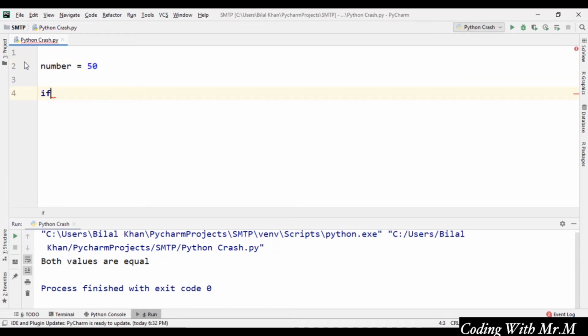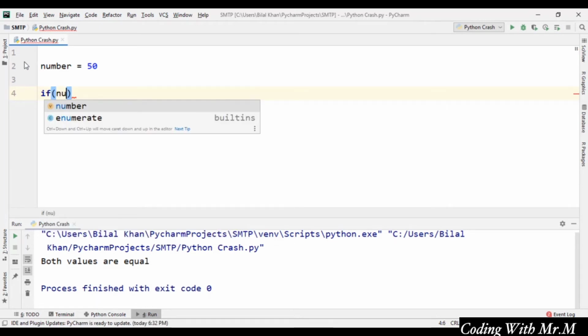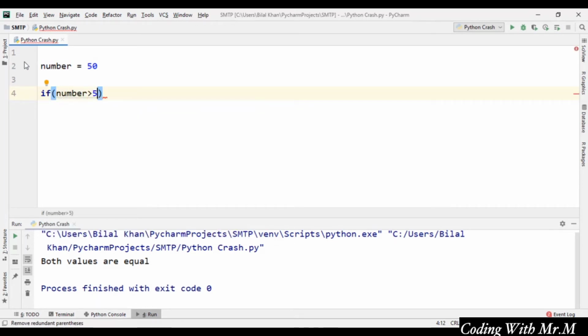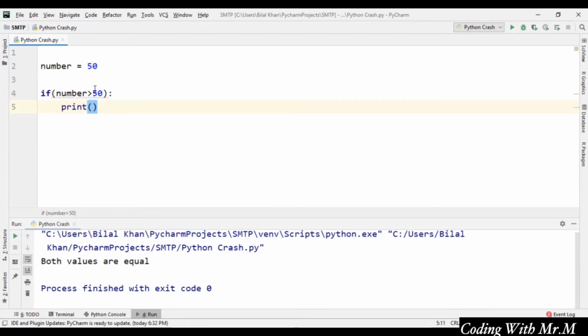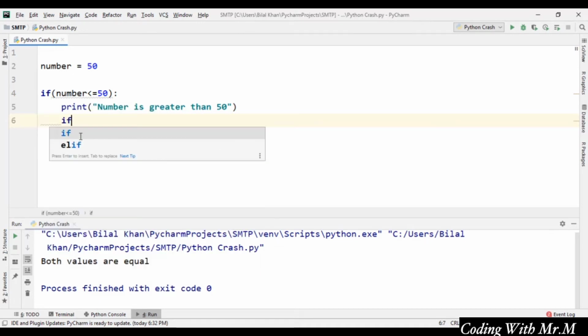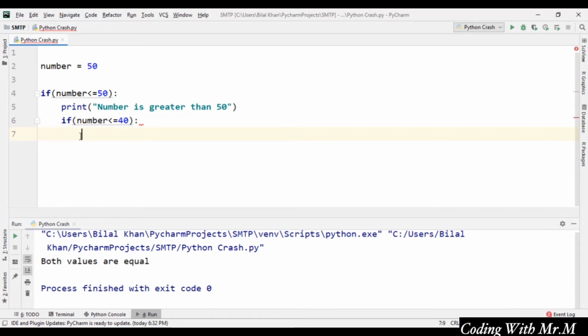Alright, now in here I will say if that number is greater than 50, then I will print number is greater than 50. And now inside the body of this if statement, I will have another if. Now in here I will check if that number is less than or equal to 40, then I will print